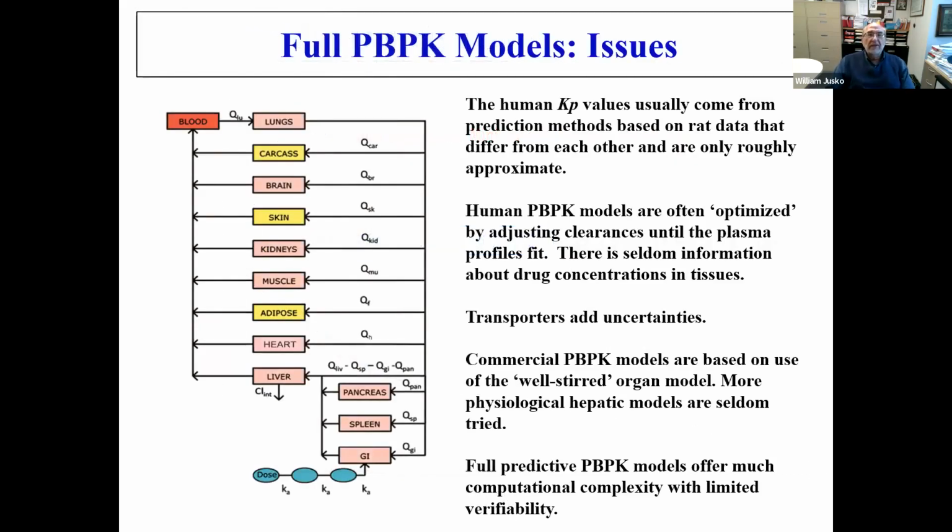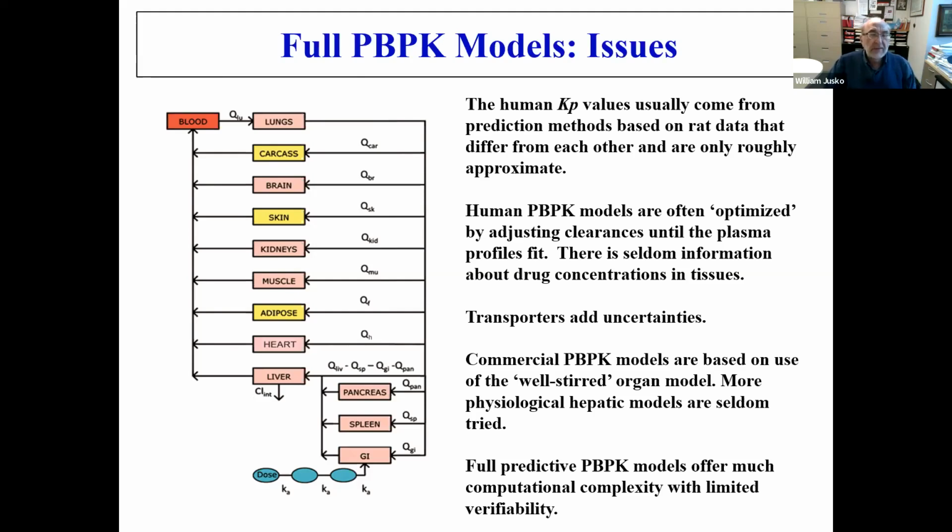Well, full PBPK models are the ultimate in pharmacokinetic data analysis. As most of you probably appreciate, what it typically involves is dividing the body according to tissues and organs, accounting for blood flow in and out of those organs, bringing in the proper anatomy, how things go in sequence, and basically constructing what will be a very complicated mathematical array of equations that one uses to characterize what's happening in every measured or assumed tissue in the body.